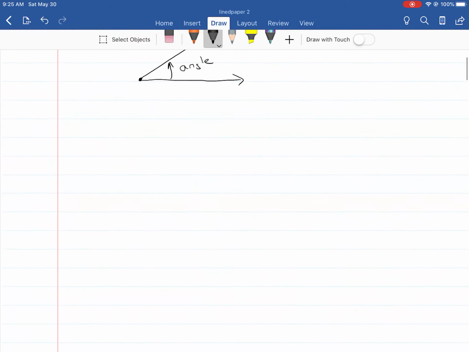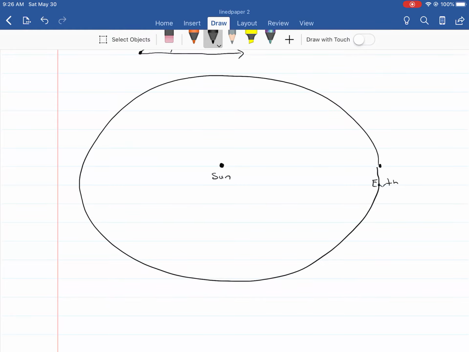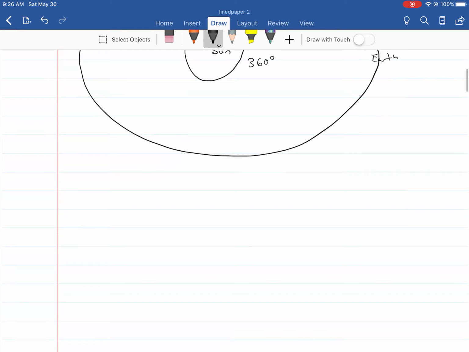Now, the question is, how do we measure angles? There's a lot of debate about the history of why we measure angles the way we do. But most people think that the ancients used the sun and the earth as their bases for how to measure angles. They said, okay, the earth goes around like this, and it takes 360 days to do that, so we're going to call an angle that goes all the way around like that 360 degrees. Well, it actually takes 365 days, but they thought it was 360 days, so why not use 360 as the base angle? What we get out of that is